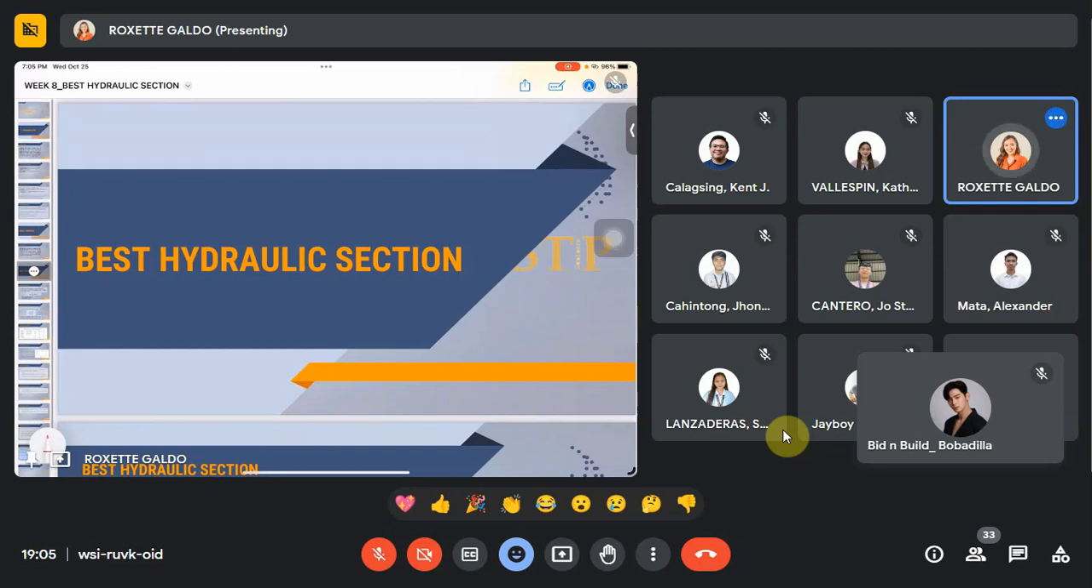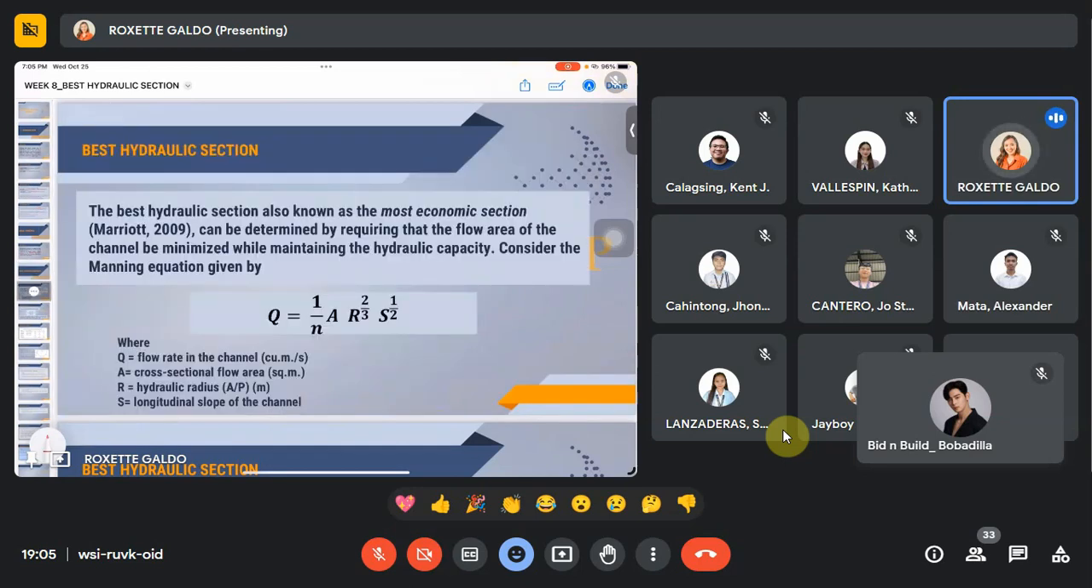Okay, so aside from that, okay, so the best hydraulic section is also known as the most economic or the most efficient section. So this can be determined by requiring that the flow area of the channel be minimized while maintaining the hydraulic capacity. So if we are going to compute for the most economic section, we are going to use the equation by Mannings. Okay? Okay. So since, as mentioned kaganihan, it is the most efficient section, as much as it is an efficient section, it is also